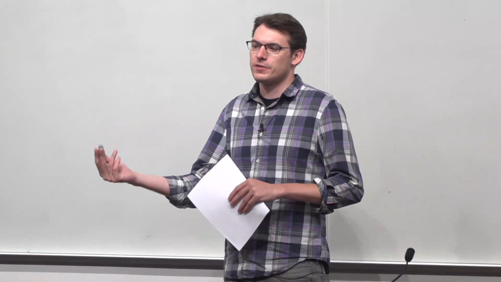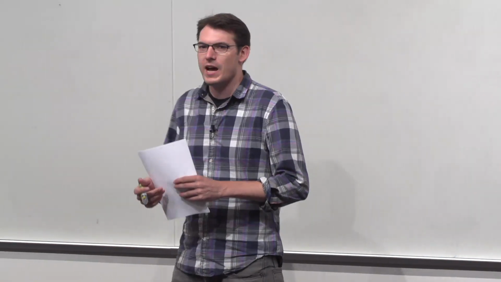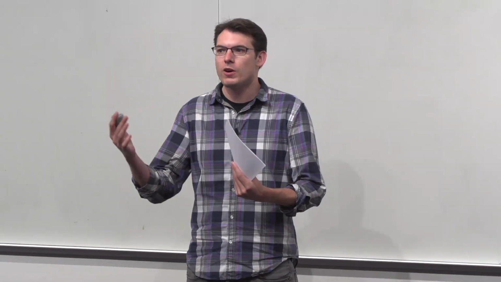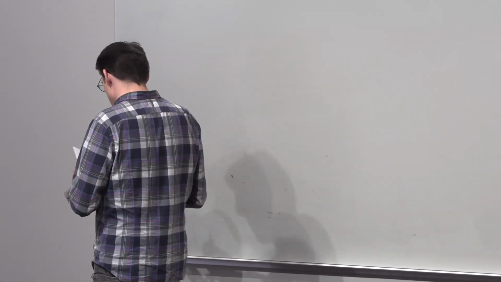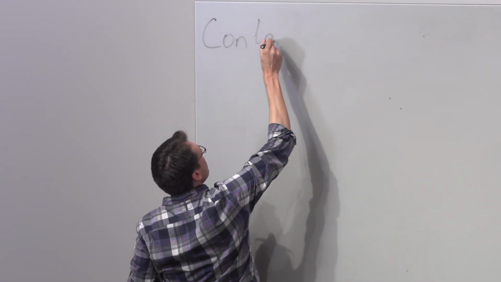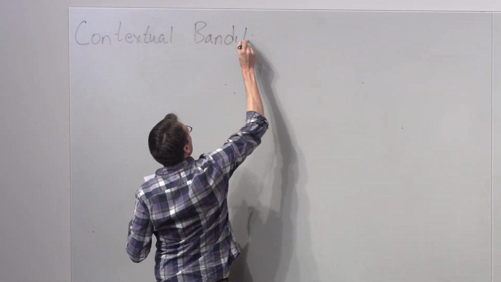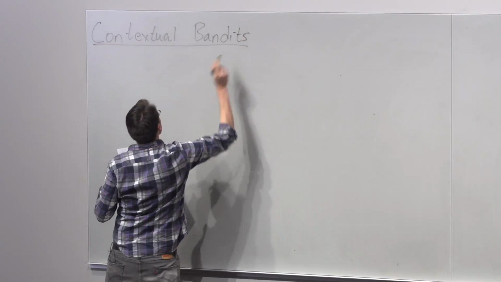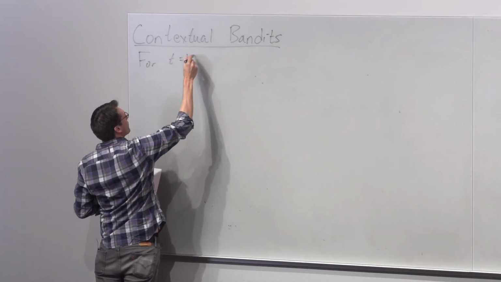And all of this can help us provide you a better recommendation or show you a better ad and so on and so forth. Or in a medical situation, we have your past medical history, and that can inform, given new symptoms, what is the best treatment specific for you. We call this problem contextual bandits. And how it works is that, for times t equals 1, 2, etc.,